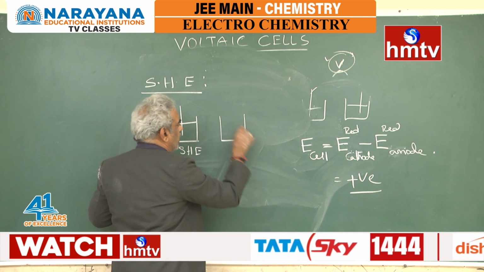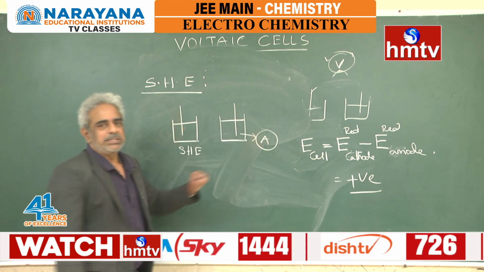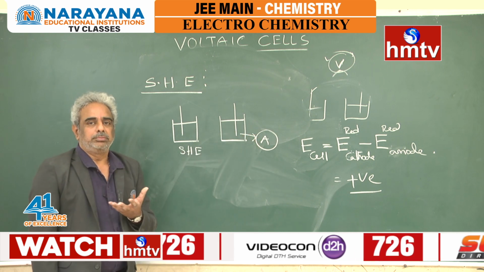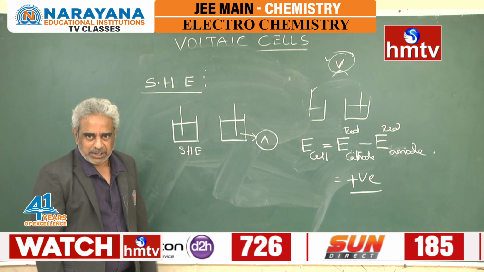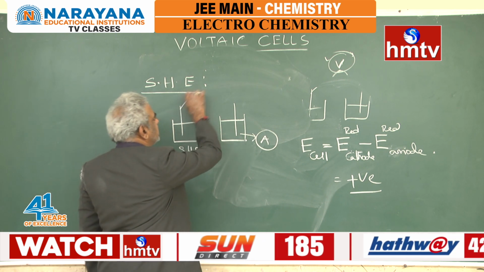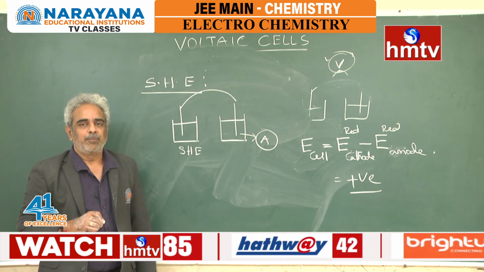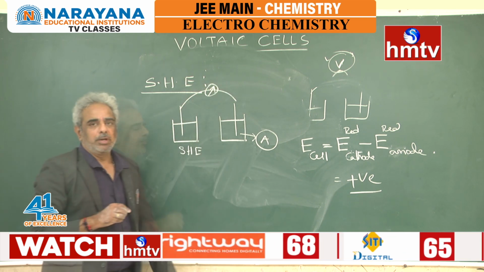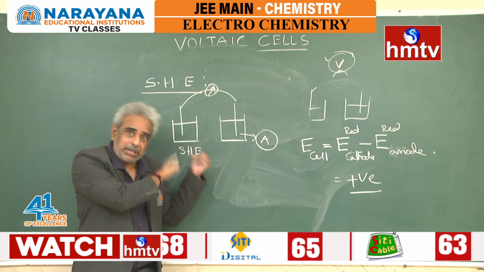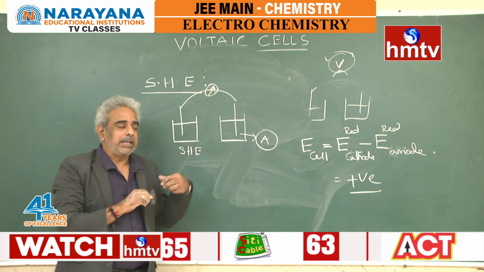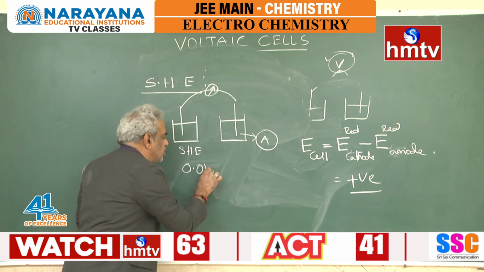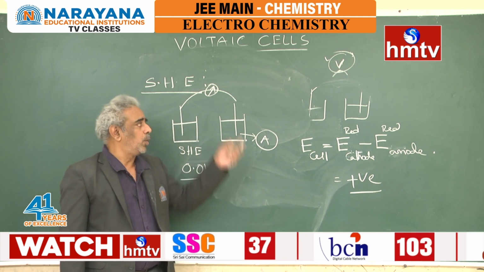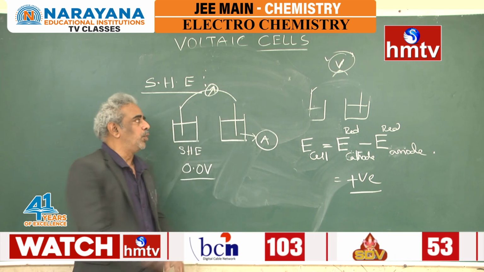with another electrode of your choice. And this is my electrode, another electrode, some A. I want to know the potential of A. So what to do? Individually impossible. We can't determine. So I connect these two half cells, these two electrodes. Some voltage is recorded. This is standard hydrogen electrode. I will tell how to construct this. But what I take, its potential to be 0.0 volts. The contribution by standard hydrogen electrode is 0.0 to this voltage.